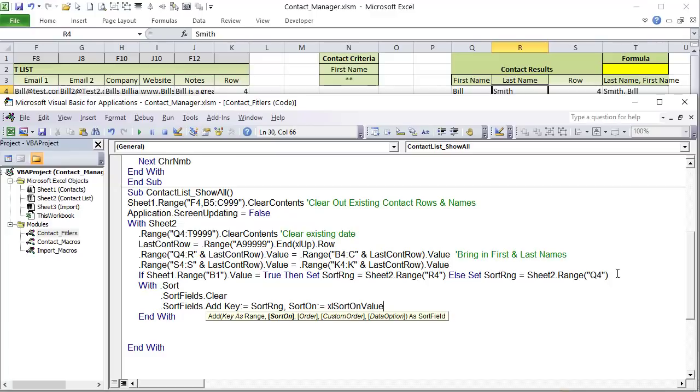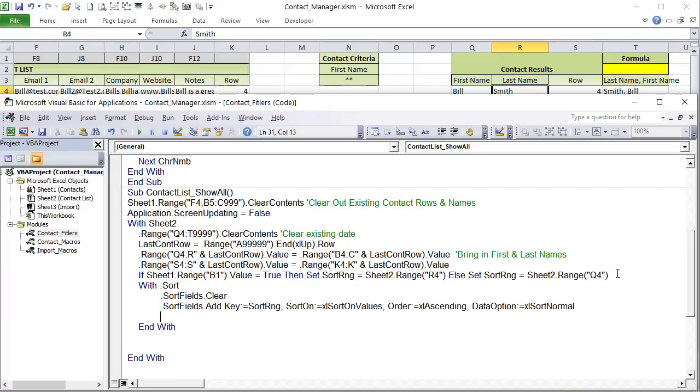I also want to set the order. The order is going to be equal to ascending, so in this case it's xlAscending. And now that we have ascending, I want the data option. The data option is going to be equal to xlSortNormal. Okay, we're now ready to set the range. What's the range? Dot SetRange. The range is going to be equal to